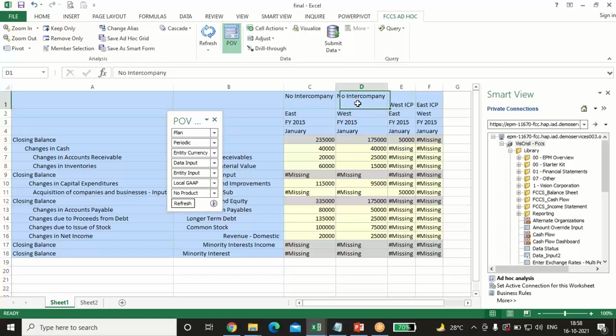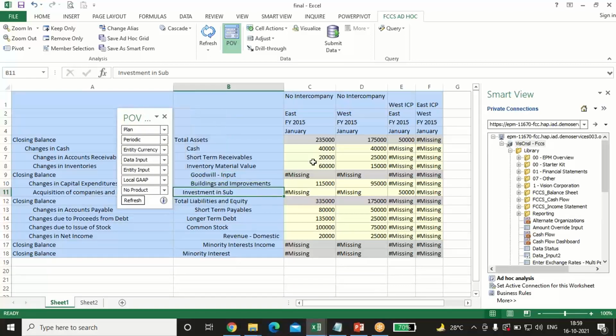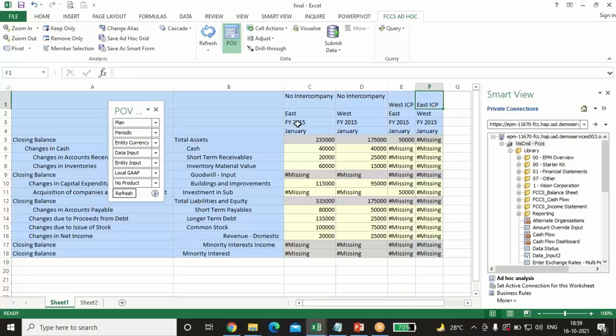Intercompany I have taken as no intercompany, because there was only one intercompany transaction, that is investment in subsidiary, which I have taken separately in two columns. For East Limited, the intercompany partner is West ICP, and for West Limited the intercompany partner is East ICP. This is for financial year 15, period January. These are my accounts and these are my movements for the respective accounts.